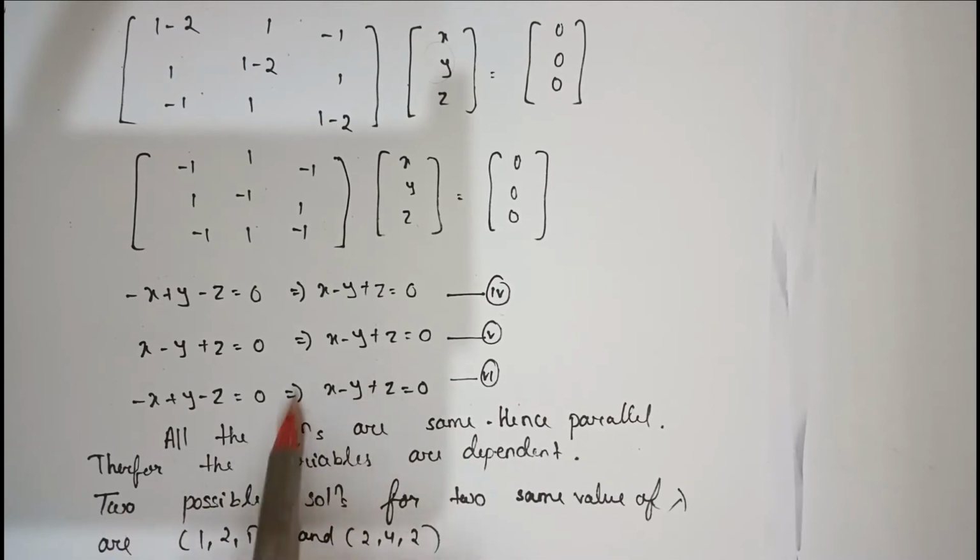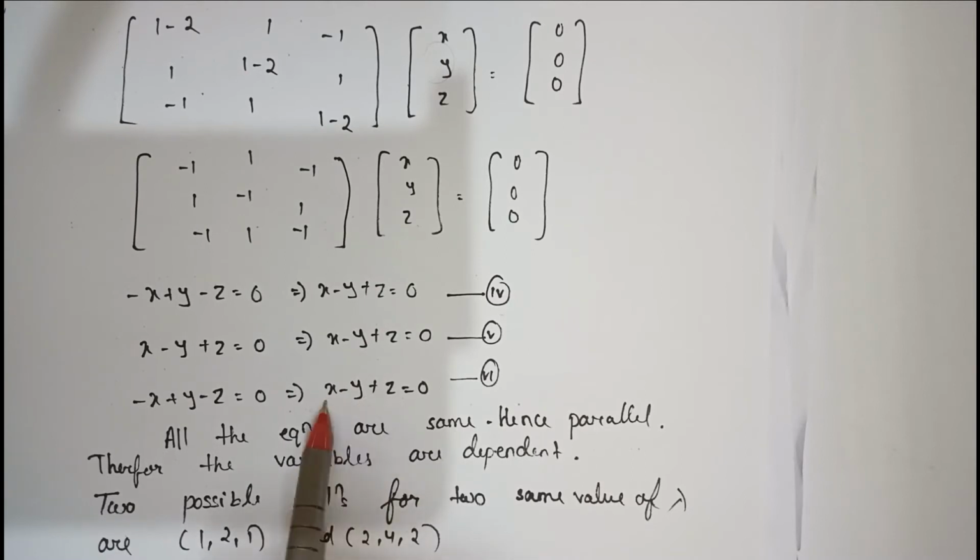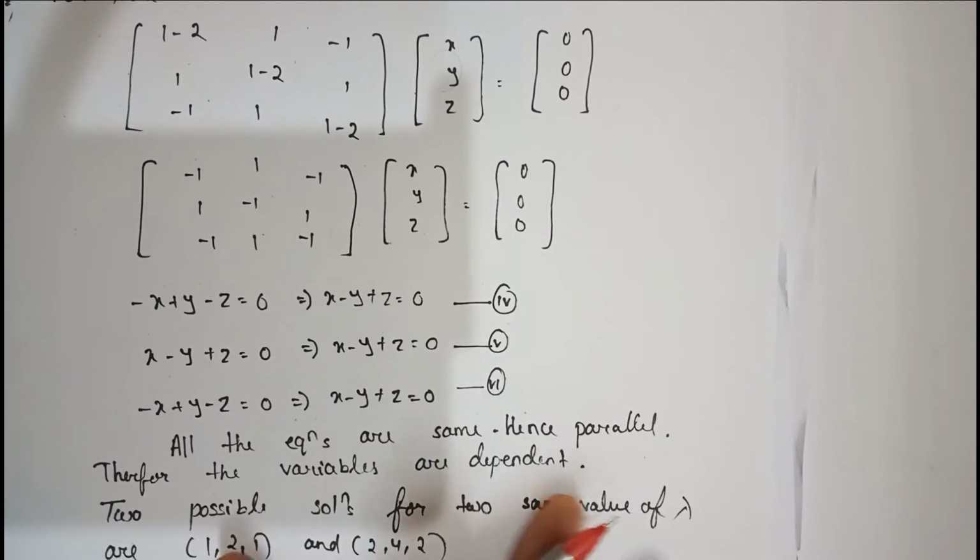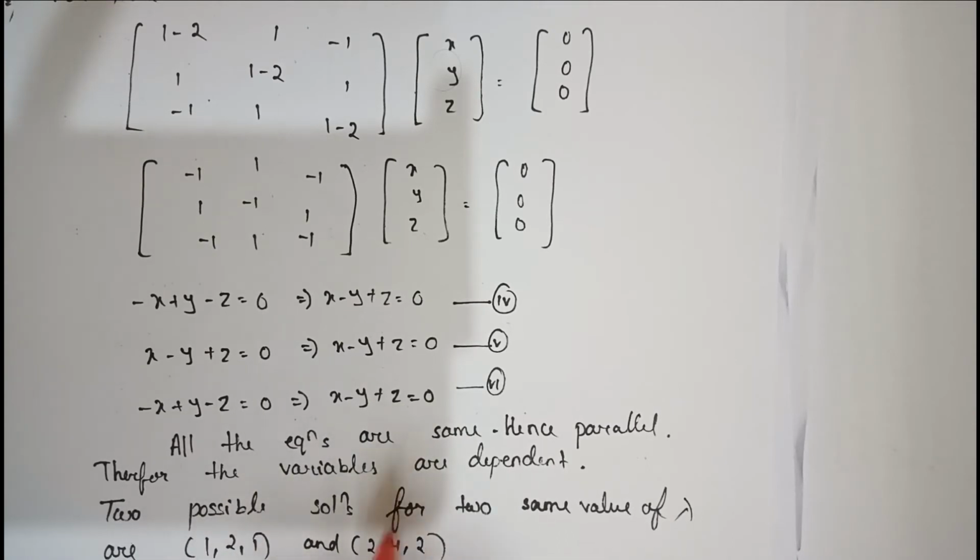So, I just took any two possible solutions. Look, here I took 1, 1 and 2. You can put it in check: 2, 4, 2. I took any two solutions because there are two 2's, right? So, for two eigenvalues, I need two eigenvectors. So, these two are my